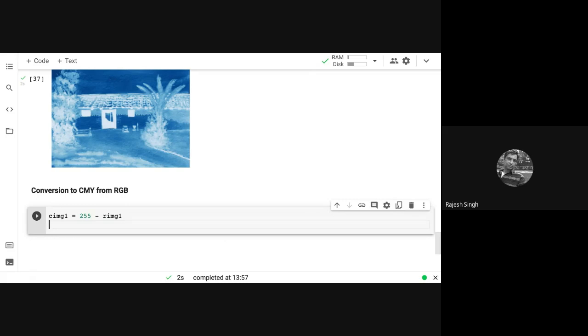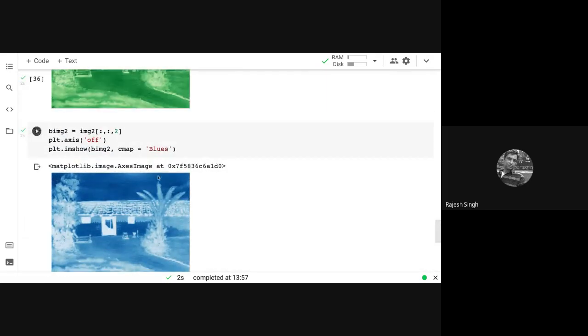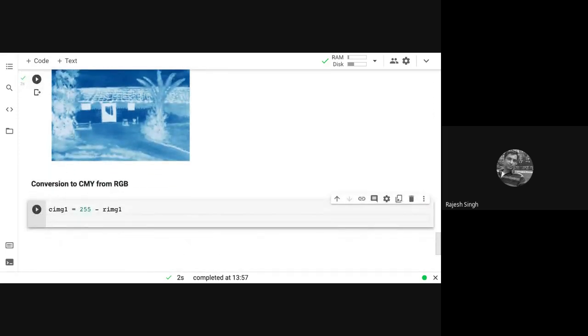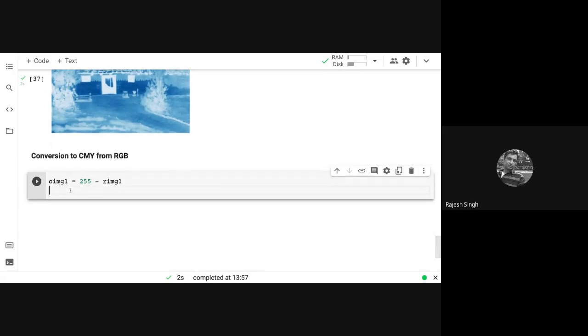Now I can go to magenta. So I can actually show you each one of them one by one in a very similar way. You can just write your axis off. You just write your plt.imshow, the name and the color map. I think the color map here you will be cyans, magentas, yellows. That's how you will use it. And you will get one strip at a time. Not doing that part again. You people can do that for yourself and check each component. So I'll create all the 3 components.